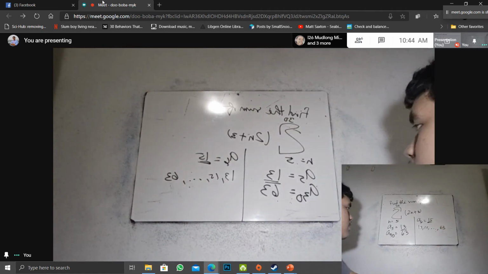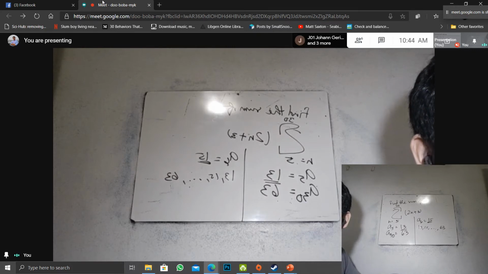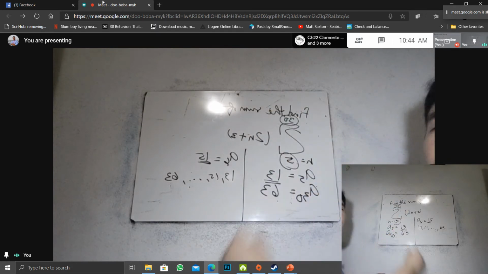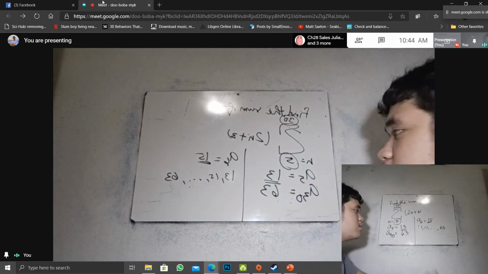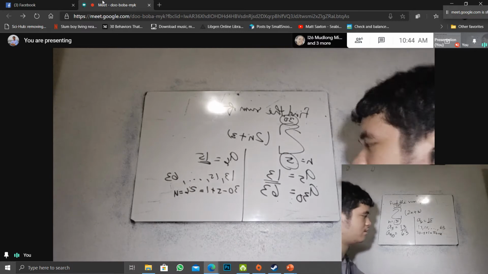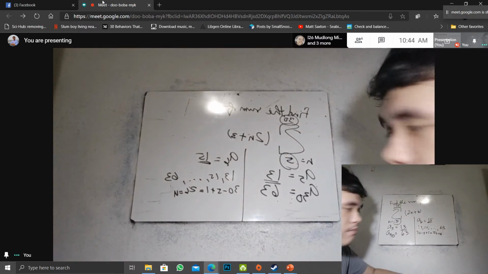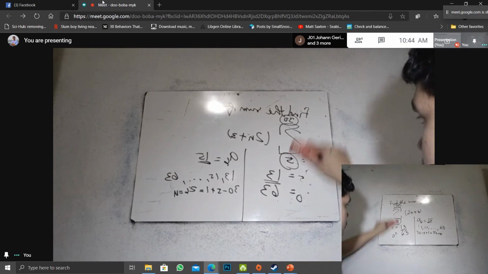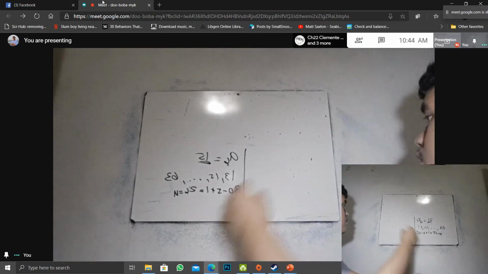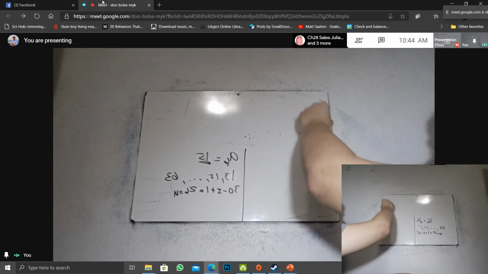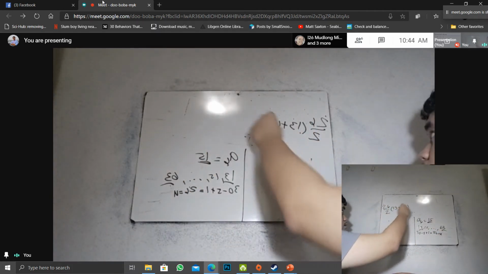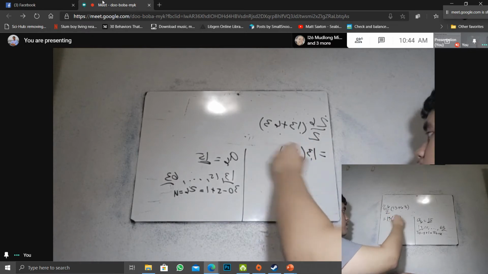Tapos, how do you know the number of terms very fast from this, no? Ito, 30 minus 5 plus 1 equals 26. Yun na agad yun. So, sige, I'm going to use the formula na. 26 over 2 times a sub 1 plus a sub n. 13 times 76 equals to